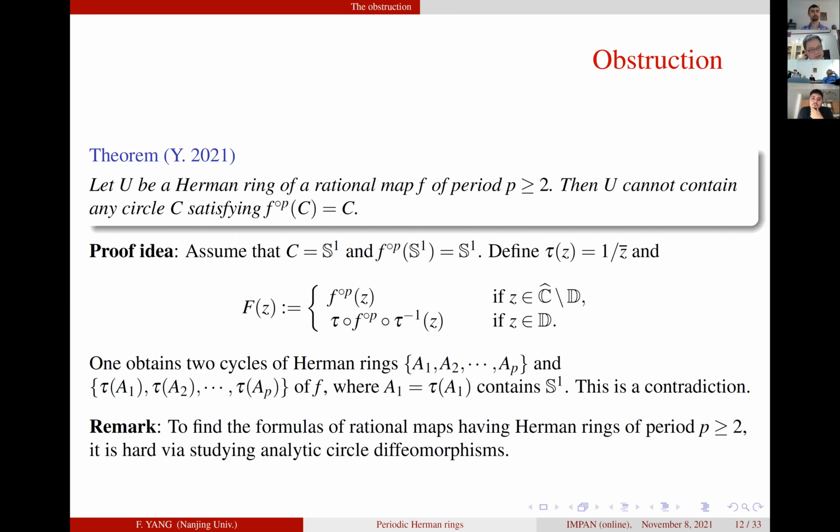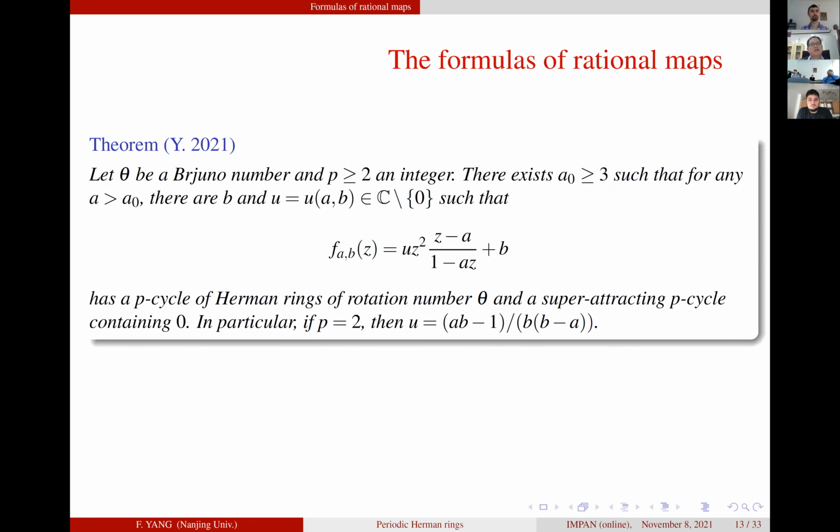So this suggests that if we want to find formulas of rational maps having Herman rings of high period, then it is hard by studying analytic circle diffeomorphisms. So we have only one choice. We need to use quasi-conformal surgery. And our first result is like this. Suppose theta is a Bruno number and p is an integer. Then there exists a naught